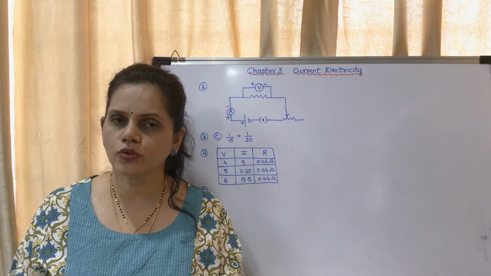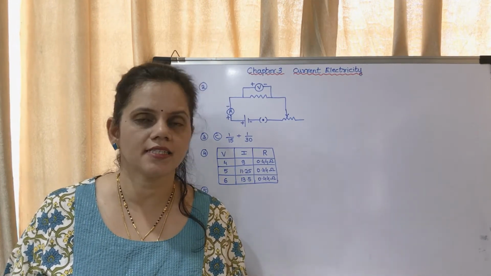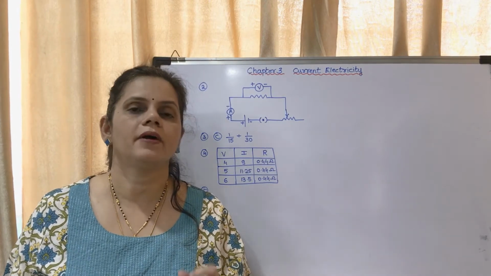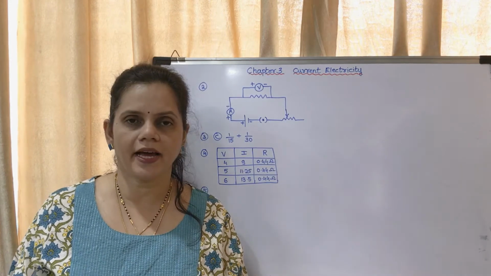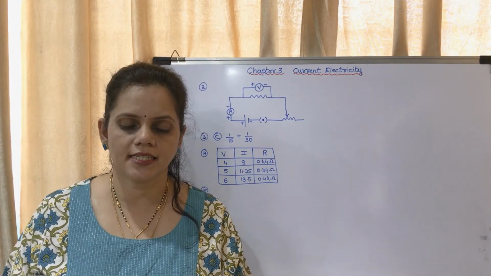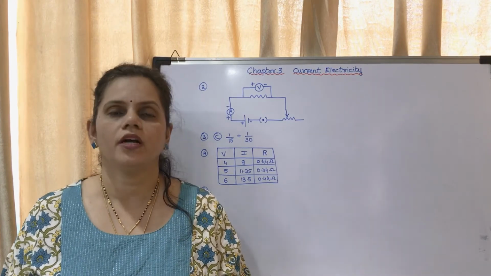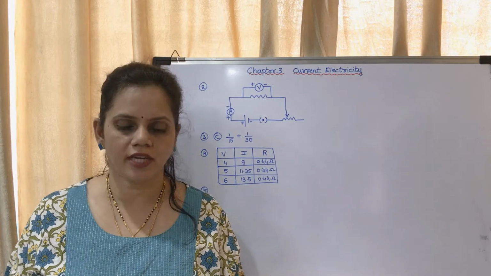So according to school, they give you different answers. So you may write the answers according to what your school teacher gives. Okay, but my answer, it is given in the notes. It is connected in parallel. What are the characteristics? The characteristics are given on page number 42. If a number of resistors are connected in parallel, that you have to write.